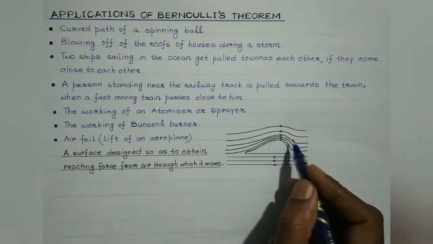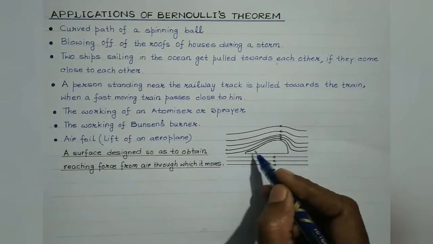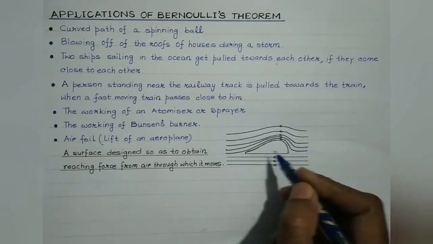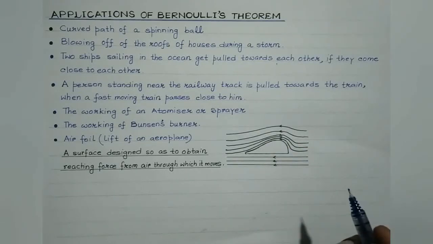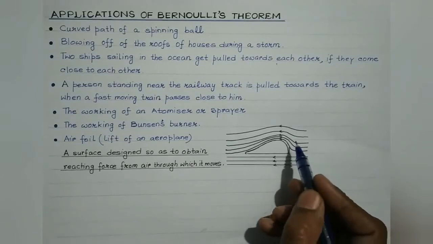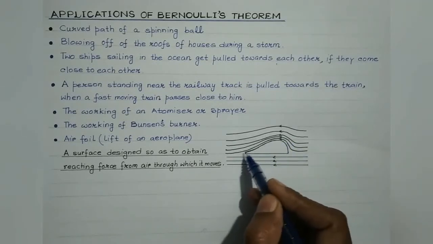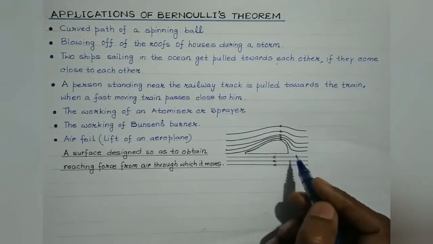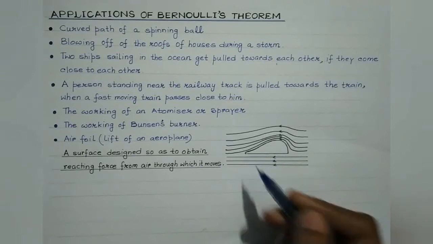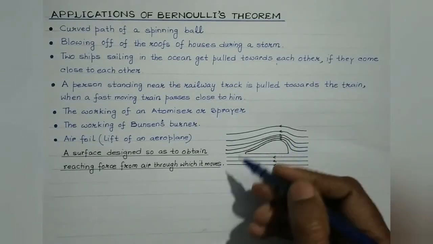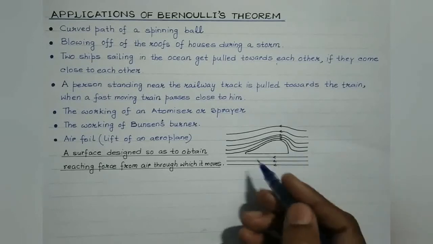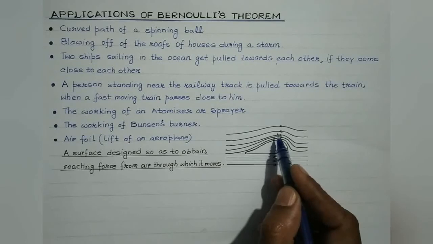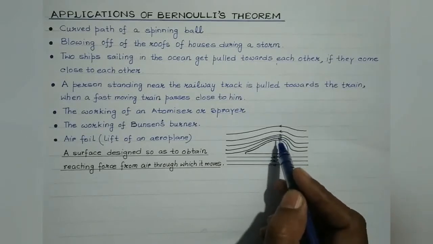The upper face of the airfoil is more curved than the lower one. So when the streamlines flow past the airfoil, they split up at the leading edge but join again at the trailing edge. This is the trailing edge. These streamlines above the airfoil follow the curvature of the surface of the airfoil closely, but those at increasing distance from the surface become less and less curved. So basically, the streamlines above the foil, as you can see in this diagram, get crowded.